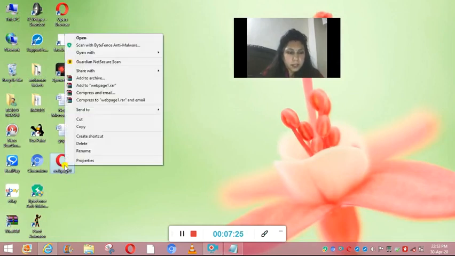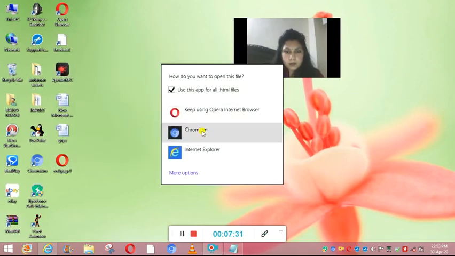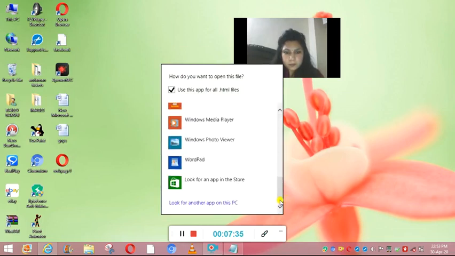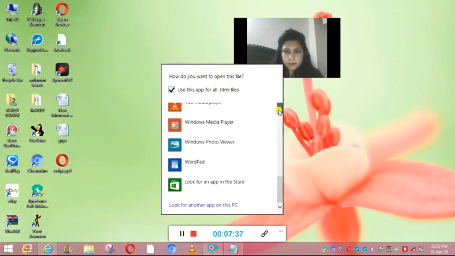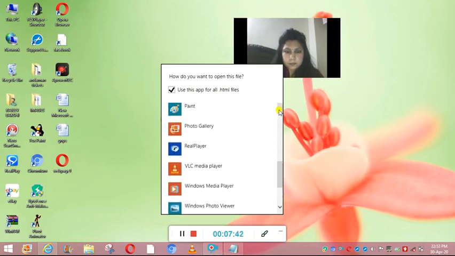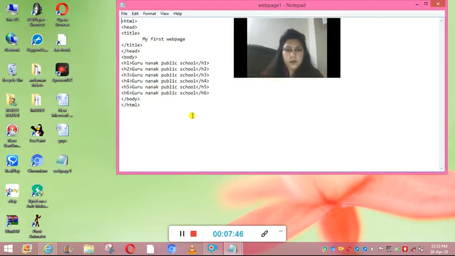Then this is the file. We will right click on this and open with the notepad. So we will select the notepad. This is how we will open it again in the notepad.